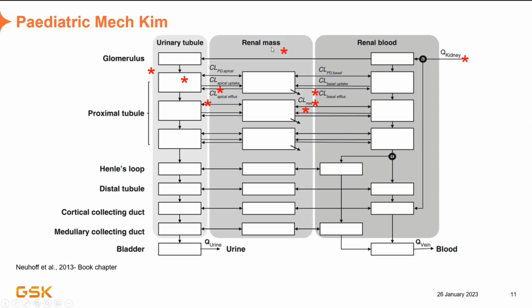We have the renal weight, kidney weight or renal mass, changing with age. We have the transporters, the transporter abundances are changing, so the efflux on both the apical and basolateral parts. The transporter abundances are changing and all the scaling associated with that. We have the GFR changing with age. And we also have the metabolic clearance accounted for, which is also age dependent. So you can see how detailed and mechanistic this model is.